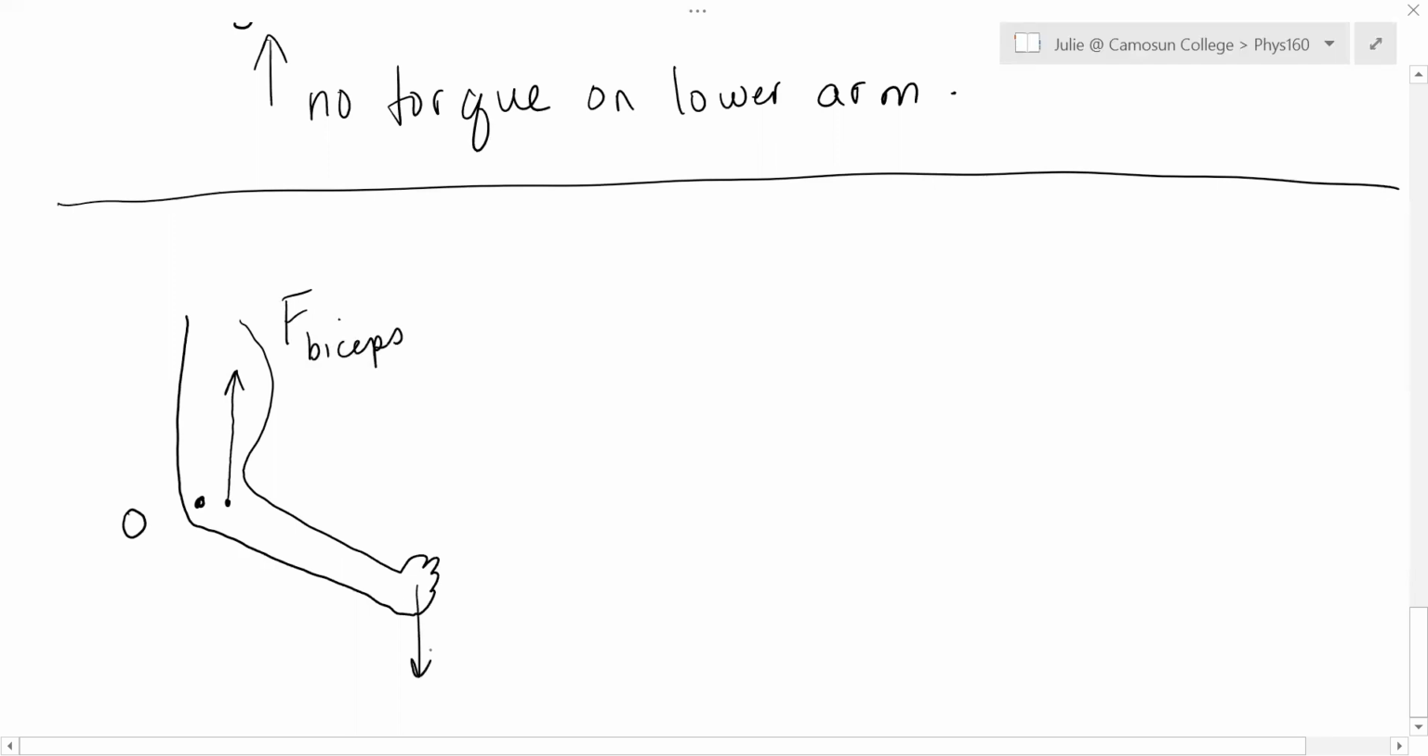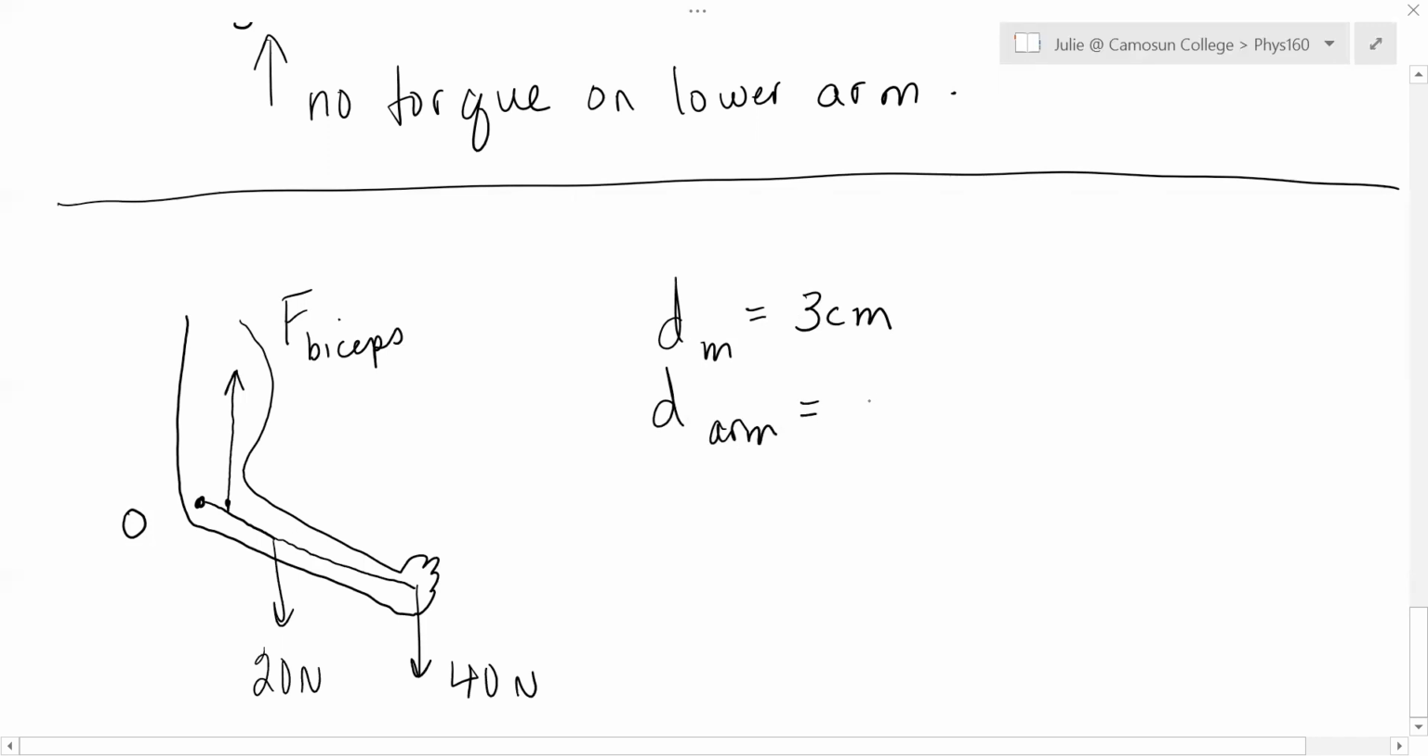The only difference here, let's keep this 40 newtons, and let's keep your arm 20 newtons. The distances along your body, D, are the same. So D stays the same, and that's the distance. D for your muscle is still 3 centimeters, and D for your arm is still 15, and D for the weight is still 35. But the thing that's changed now is the lever arms have changed, because remember, the lever arms